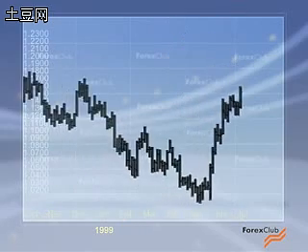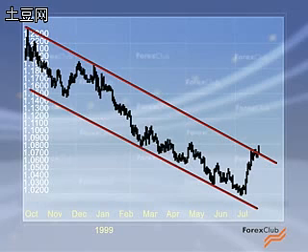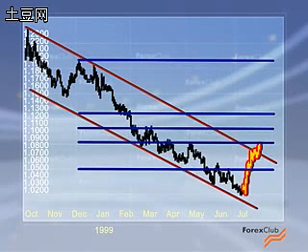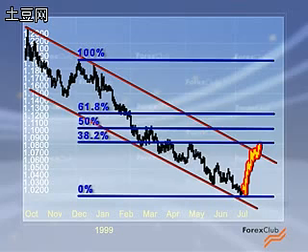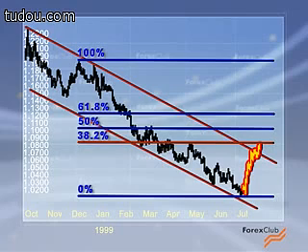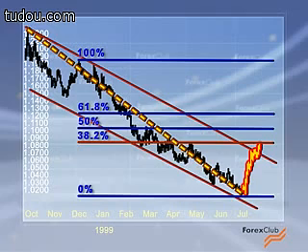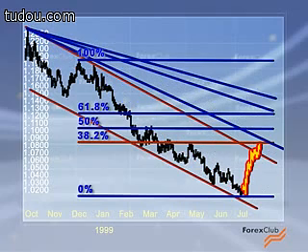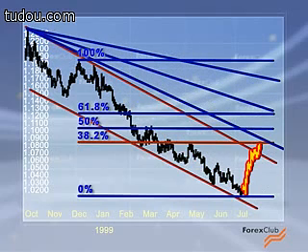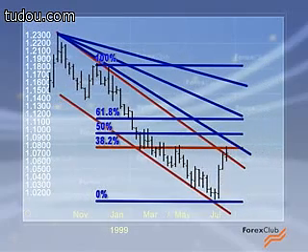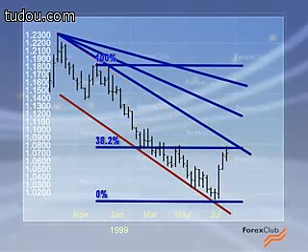What's going on? Let's re-evaluate the situation. We plot Fibonacci retracement levels on the day chart using the high of December the 14th, 98 and our low of July 13th, 99. Price has reached the 38% level. We plot speed lines using the same low and the high of October the 8th, 98, and we find one in the vicinity. We check the situation on the weekly chart and find that this speed line is supported by